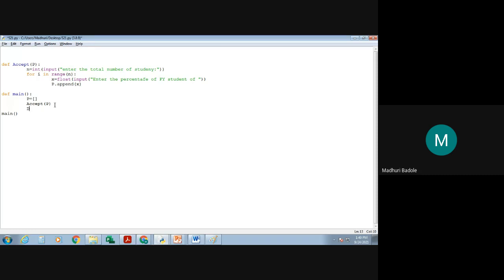Fine. Now again, the same thing we are going to do. We are going to apply the display function. In the case of the display function, again you are going to do the same thing, that is you are just printing the elements. Fine. So instead of that, I'll just write it over here.